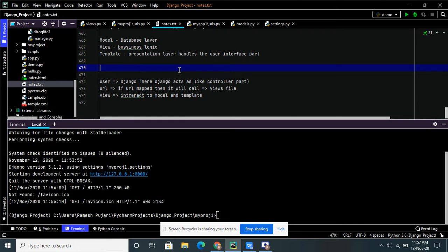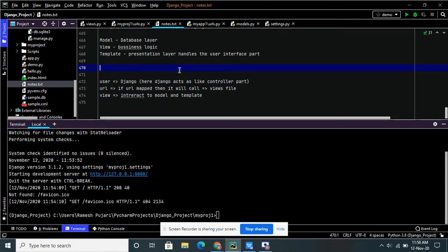Django also provides us an abstraction API, which allows us to create, retrieve, update, and delete. For example, if we create a table called student, it will map to the student table in the database. By using the student table, we can perform all the operations such as creating, retrieving, updating, and deleting. These operations can be performed with the help of these abstraction APIs.